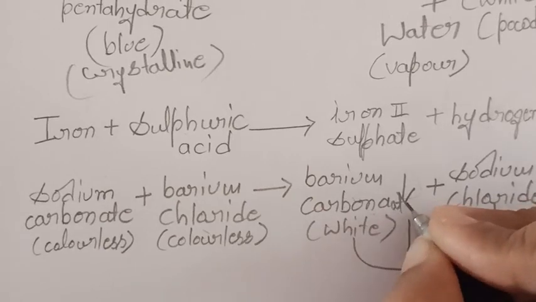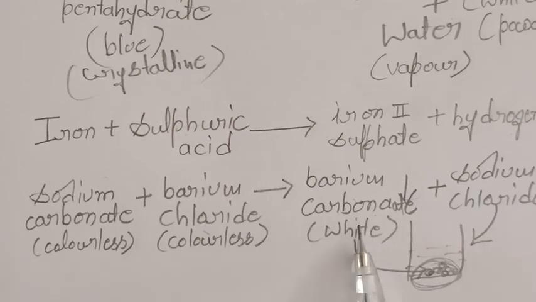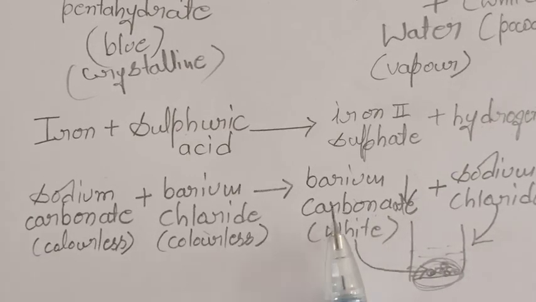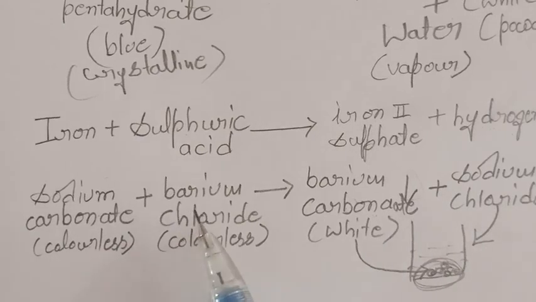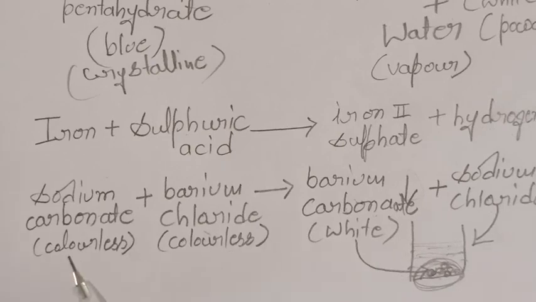This is barium carbonate, okay. This barium carbonate is a precipitate which is shown by the downward arrow. And what is a precipitate? A precipitate is a solid which separates when one solution is added to another solution. We get the solution also, but along with the solution we get some amount of solid, and this solid formed by adding one solution into another is known as a precipitate. I hope everything is very clear up to here.